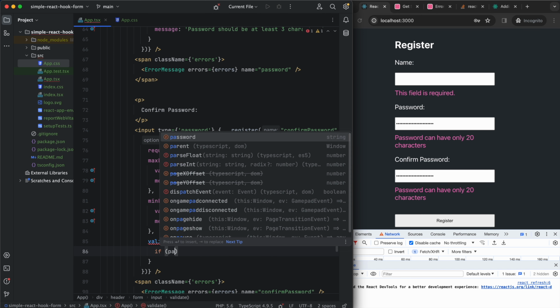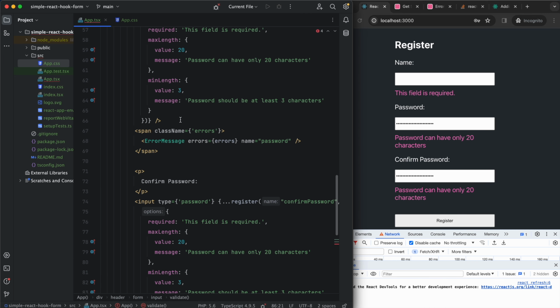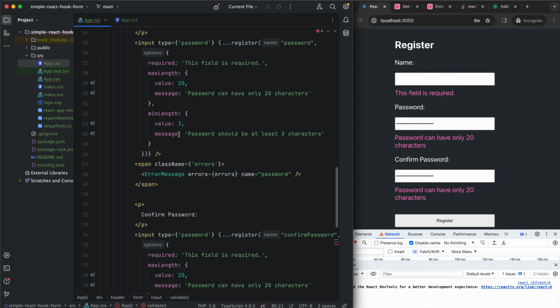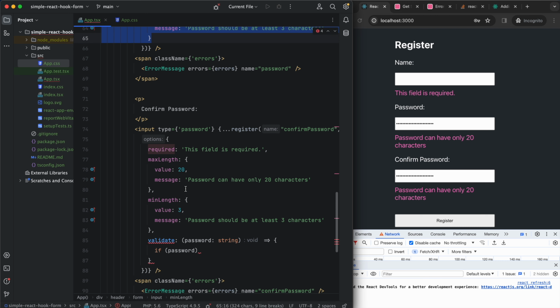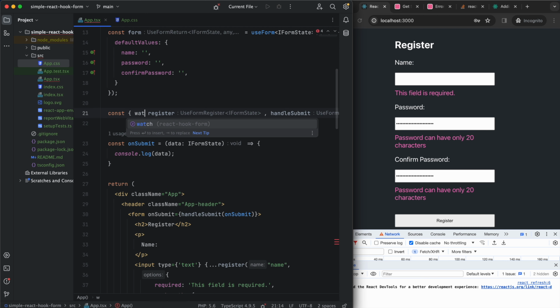And here we need to check the current password with the password in the previous field, right? And for that, we need to import the watch function